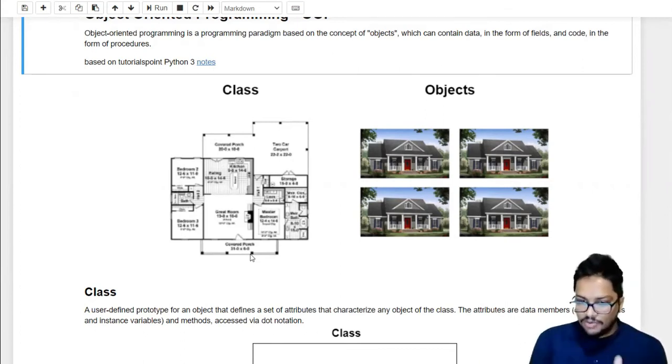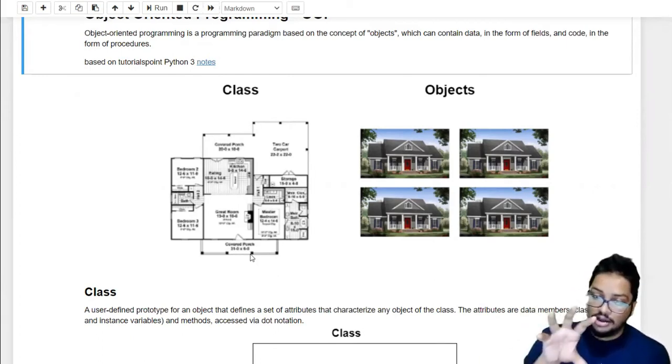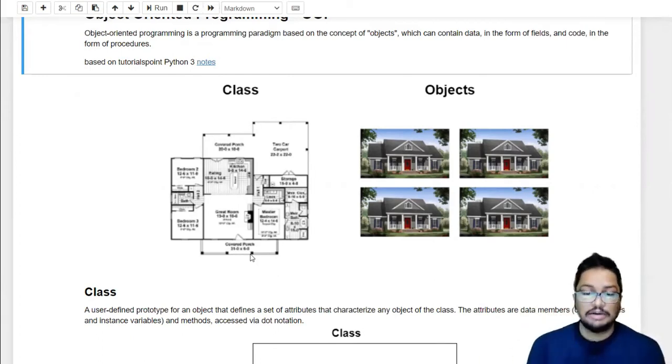That means whatever rooms, materials, windows, and doors were in the plan will be there physically in the object.